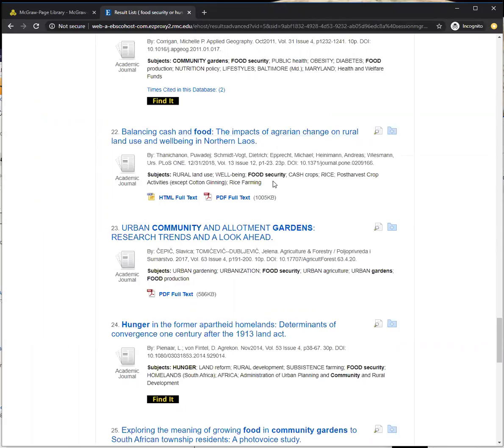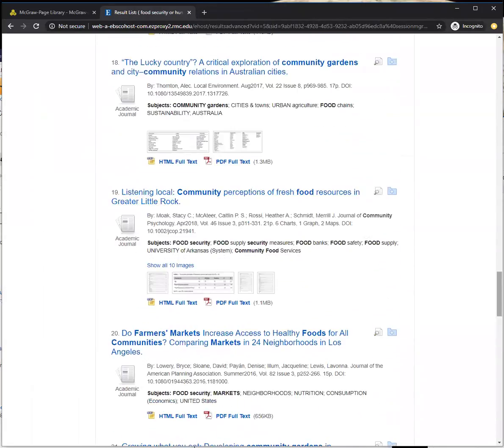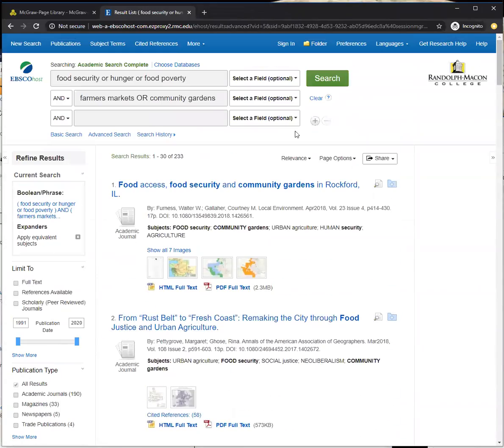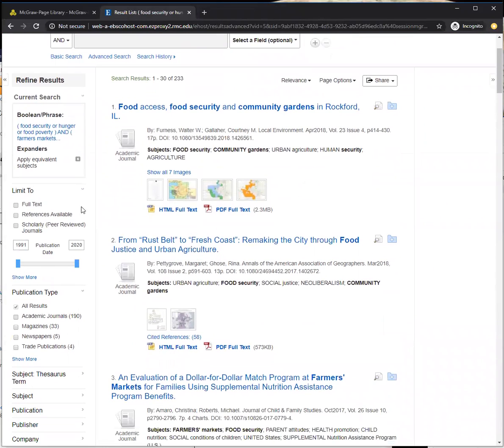We talked about narrowing down things after our search. So let's go back and look at the way to narrow or refine our results. If you want to read things that have HTML or PDF just right now, you can click on full text, and that will limit to just the full text items. The Find It button will go away, so you may lose some results, but full text will bring up the things you can read right now.